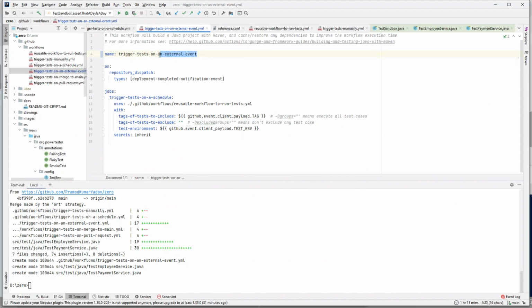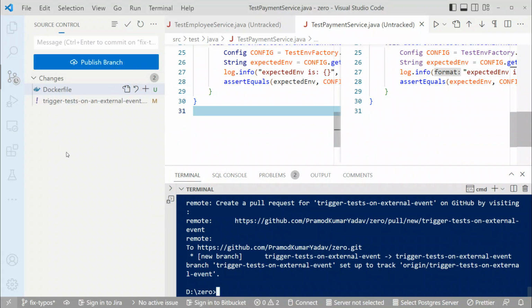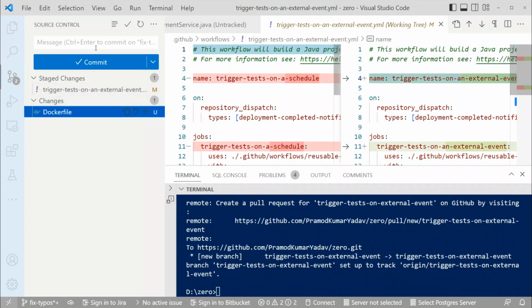So let's just rename this, Control C, and everything else is good, right? So let's create a new branch, git checkout branch, fix typos. Let's open VS Code. Okay, fix typos,